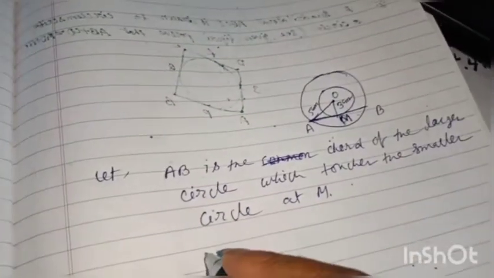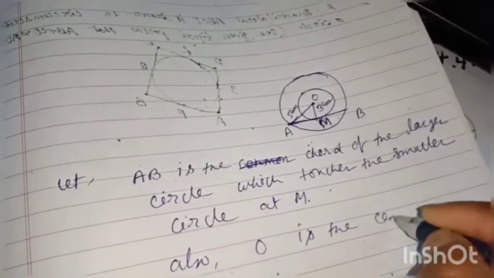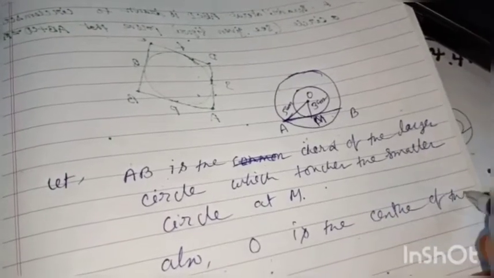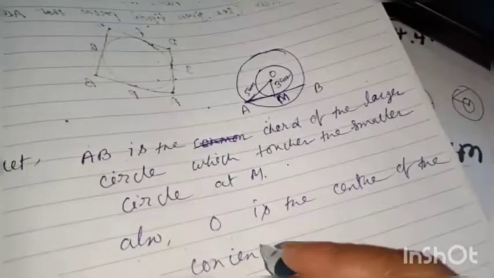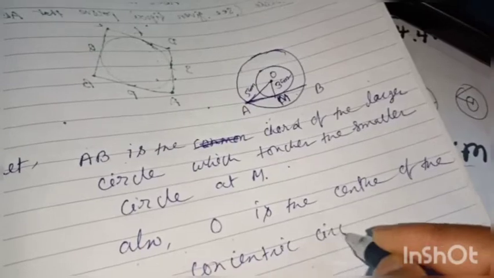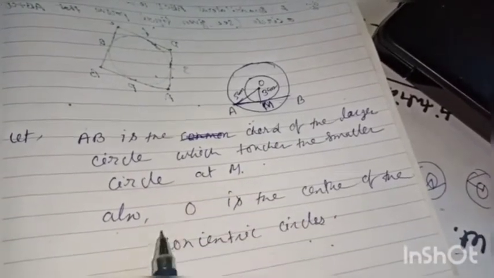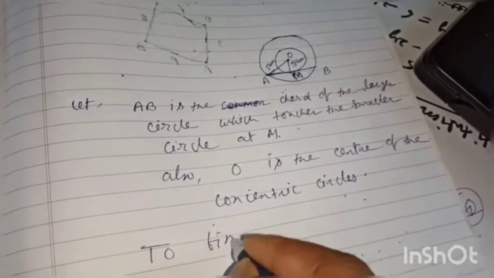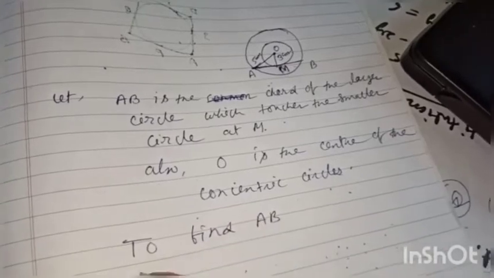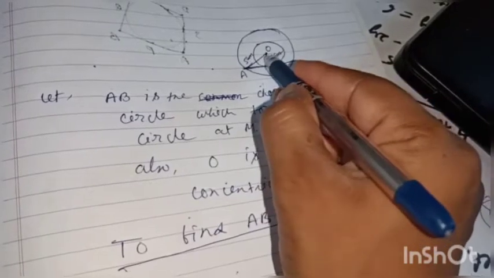Okay. Also, O is the center of the concentric circles. Clear? AB is the chord of the larger circle which touches the smaller circle at M. Also, O is the center of the concentric circles. To find AB, we need to find out what? Now see, here we know, using the theorem that I already told you, that the line joining the point of contact to the center